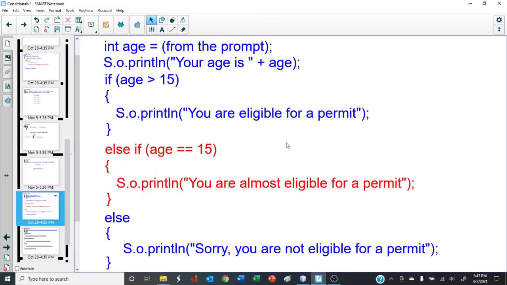And we do that by using something called else if. The else if command is similar to the if command. First, we do the if statement, check to see if it's true or false. If it's true, we do this. If it's false, we jump down to here